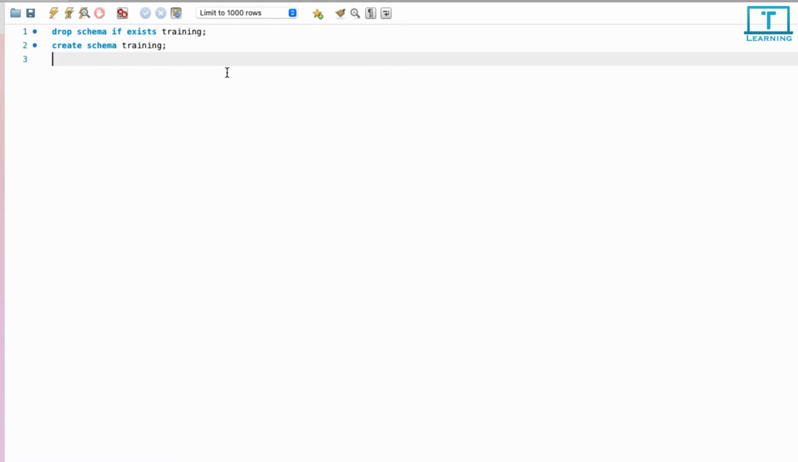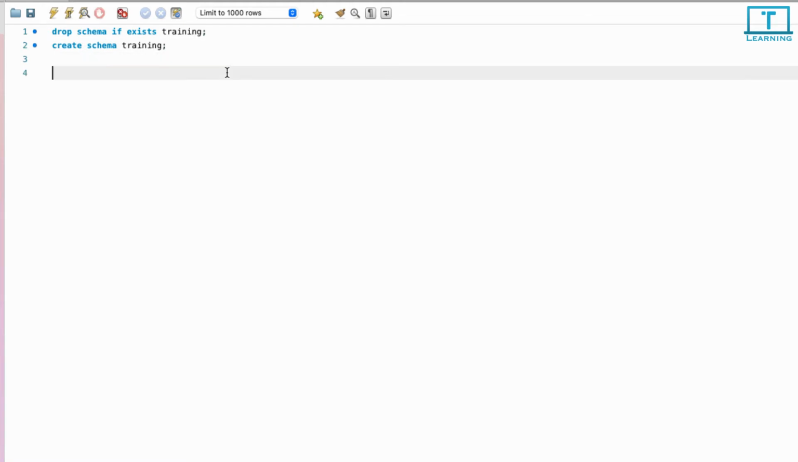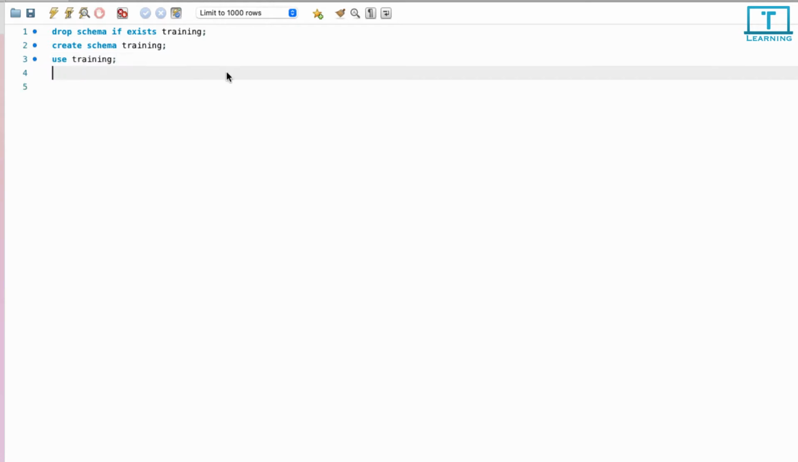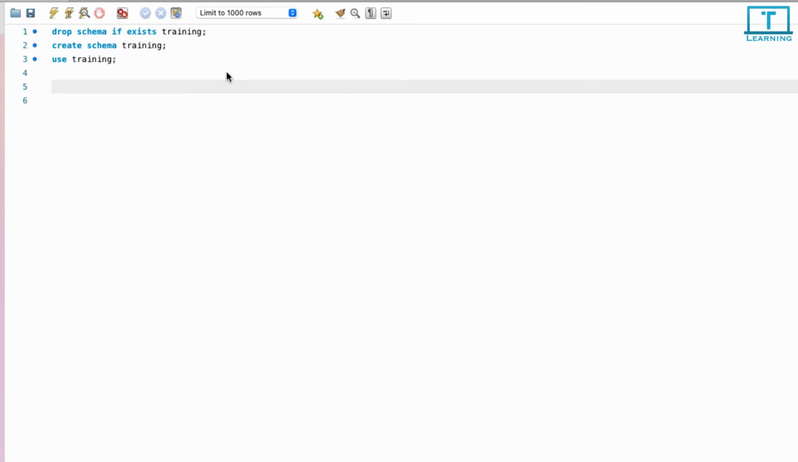All right, next you need to create the tables, right? So let us, okay, before that you need to use the schema. So we need to say use training. All right, so now the schema that we created is selected for use. All right, now let's move into creating our first table, student table. So let's say create table student